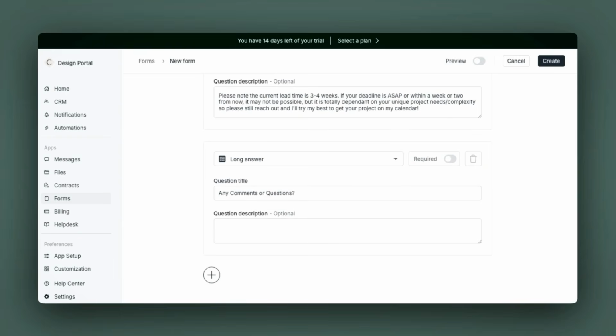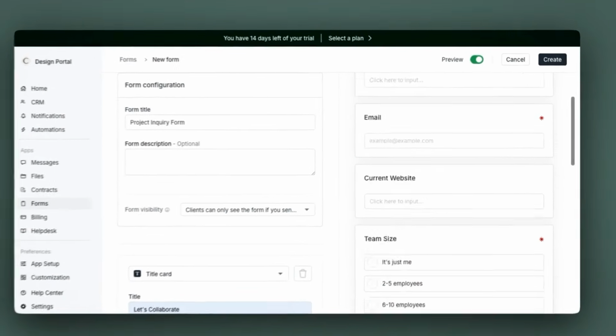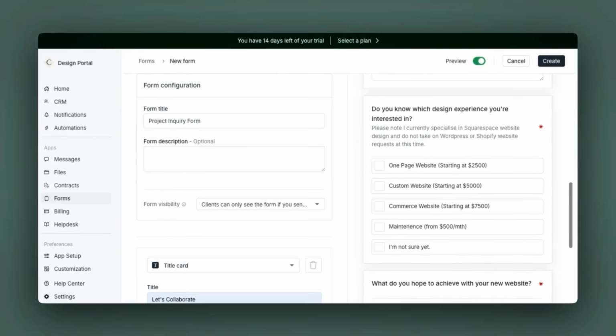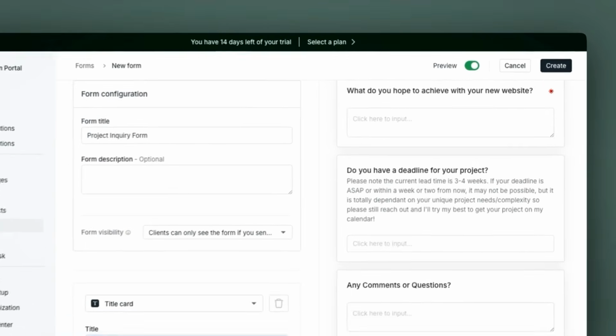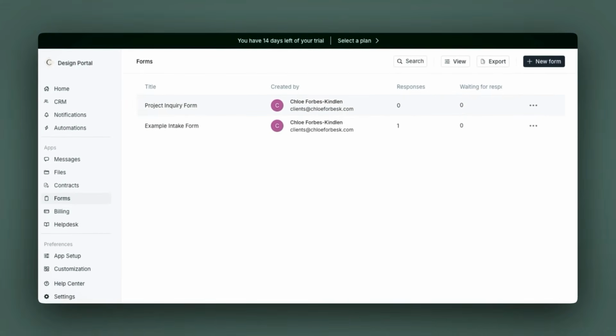If I want to preview this, I can click this toggle at the top for preview, and you'll see I've got a full preview of the form, and the little asterisk symbolizes the required questions here. I can then hit create, and now if I go to forms, I'll see this is my custom project inquiry